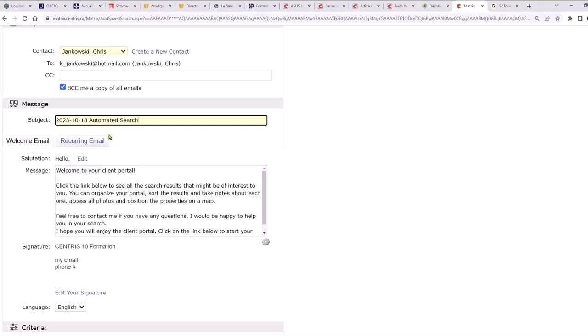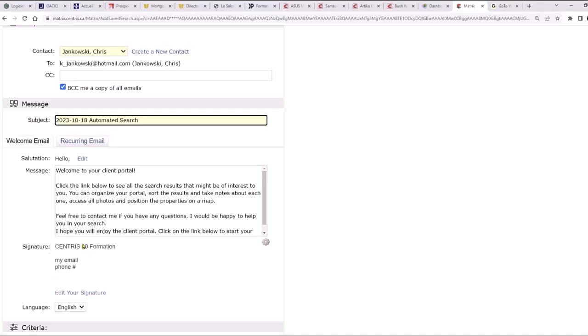Automated search. Let's just call it that. I mean, usually I would name my client, John, detached home in Ultramall, or whatever, right? However you want to call it, you can. You can always edit it later, right? But that'll be the subject of the email message that the server is going to send out.